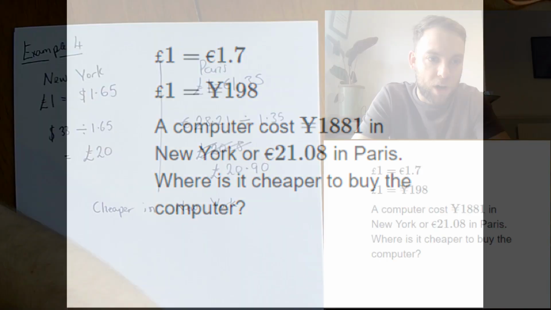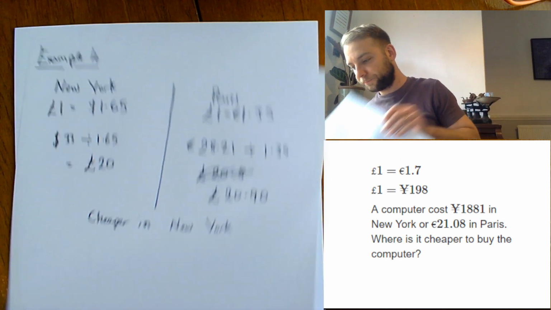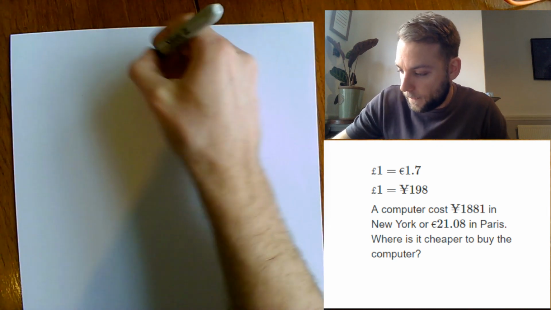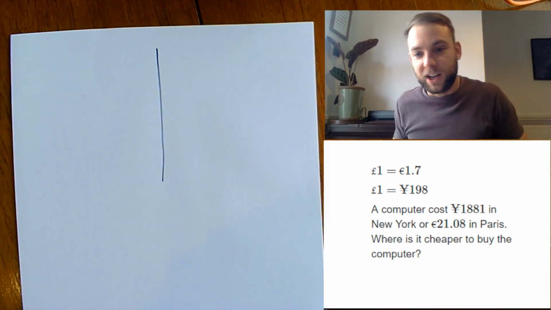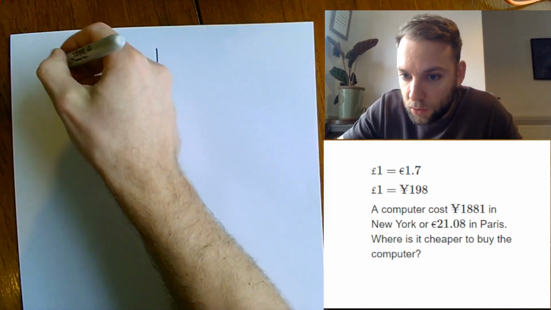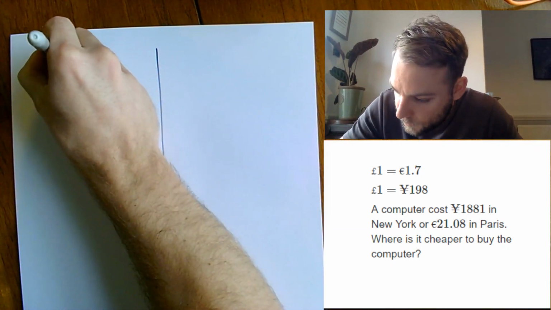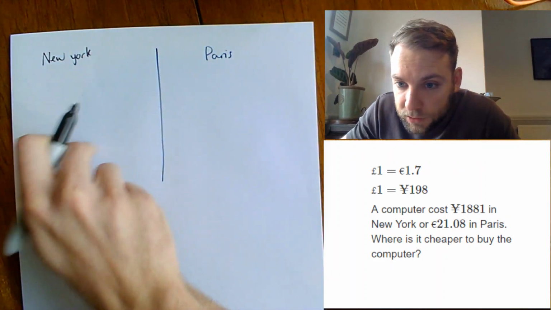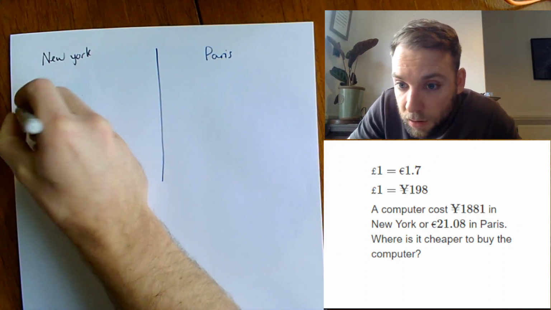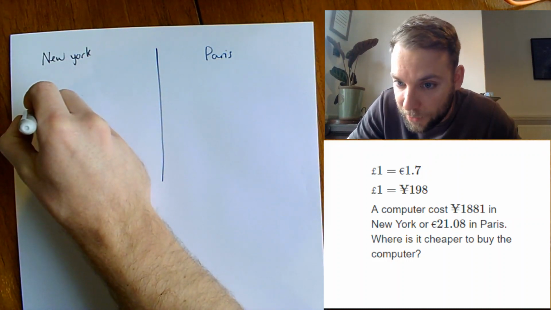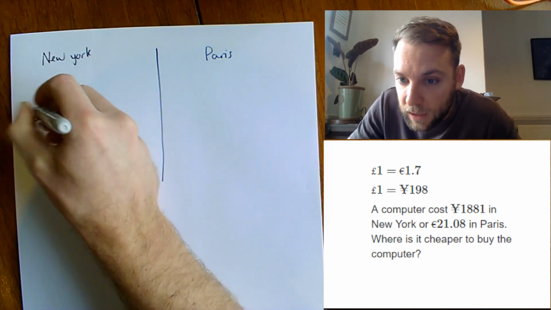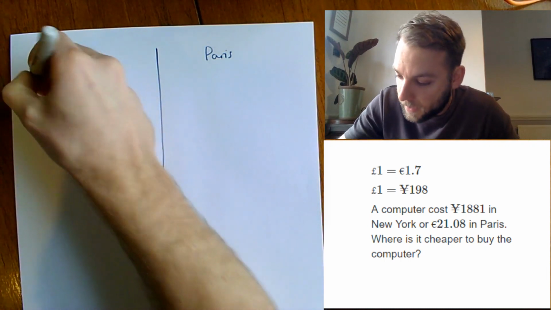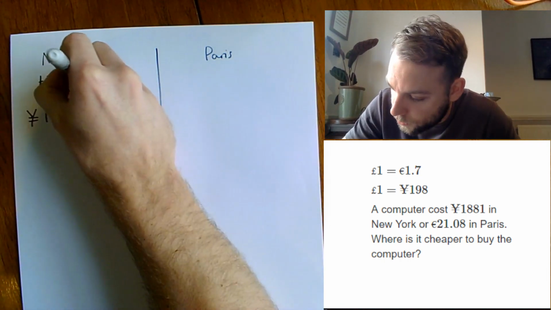Okay, I'm going to have a go at this one together with both of us. So, it says New York, but I think that might actually be China, but that's not the end of the world. So we've got here New York, and we've got Paris again. It tells us the cost of the computer in New York is, that's a really cheap computer as well. It's a yen symbol, and it's going to be 1,881. And the conversion rate for this is £1 is equal to